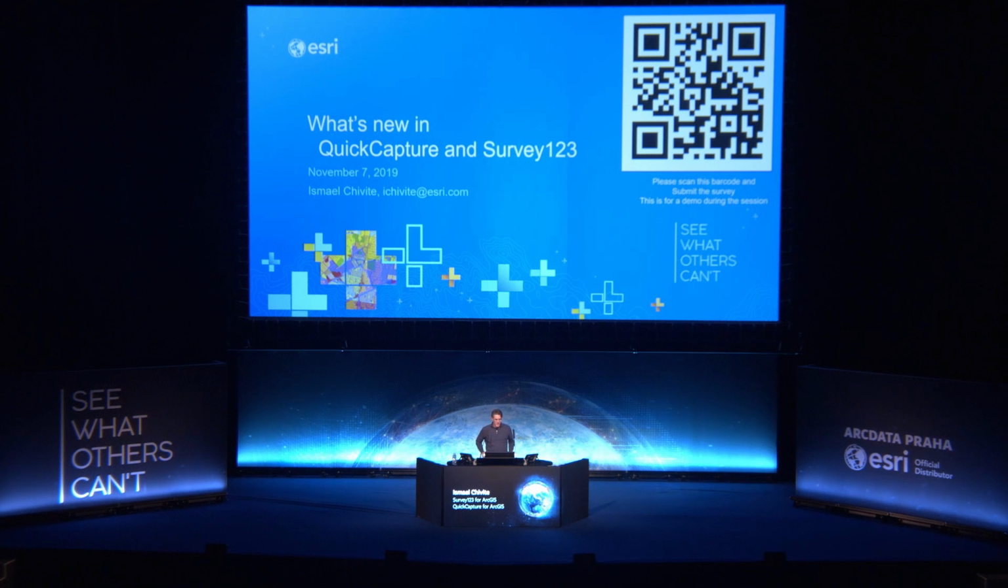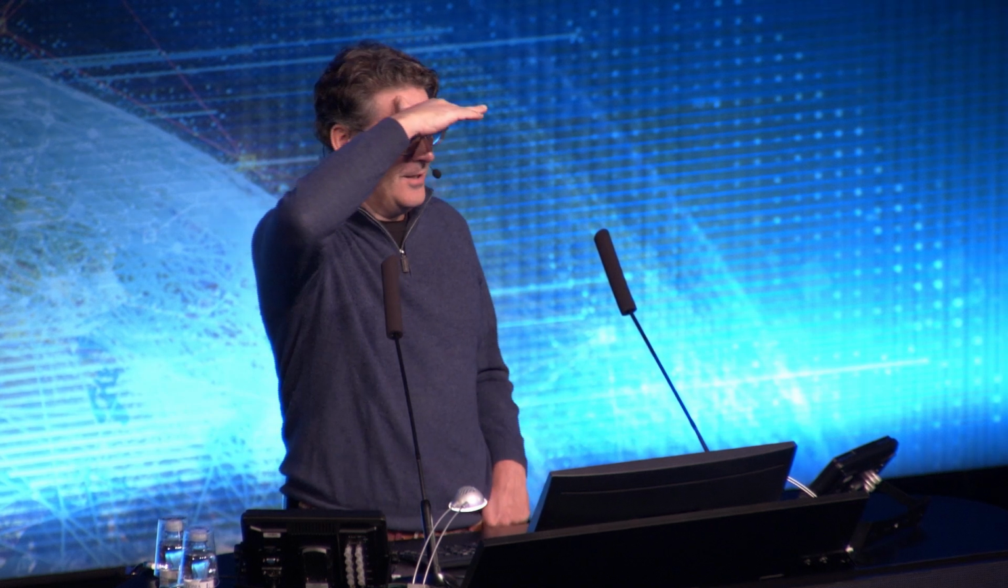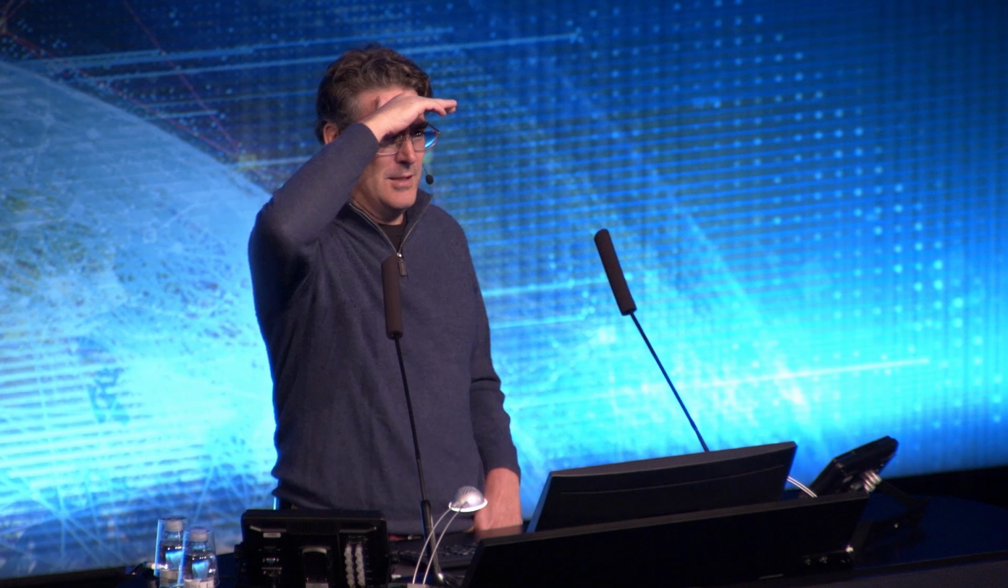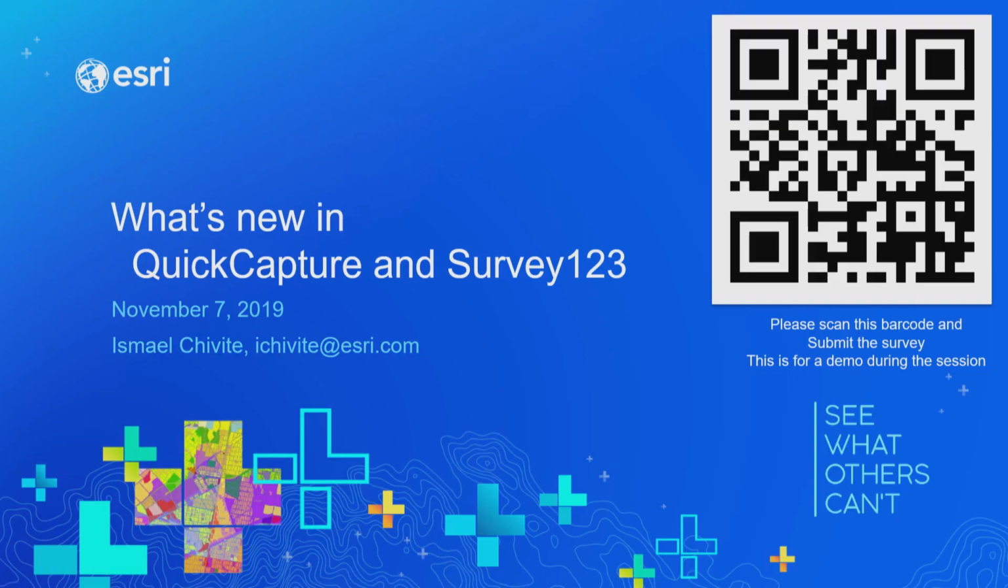We're going to talk about what's new in QuickCapture and Survey123. Can you raise your hand if you have ever used QuickCapture? One person? 2, 3, 4, 5. What about Survey? Okay, a few more, but a lot of people have not used Survey, right? Can you raise your hand if you haven't used Survey? Okay, so